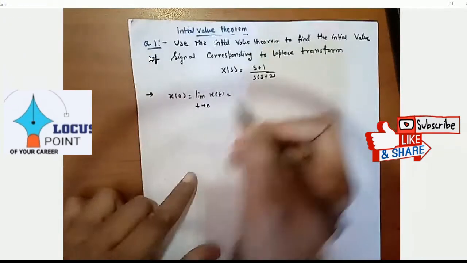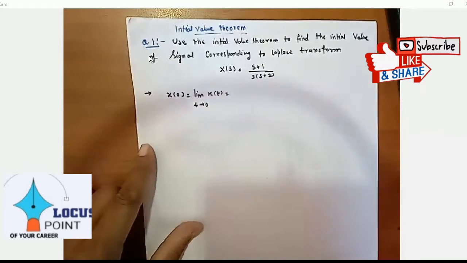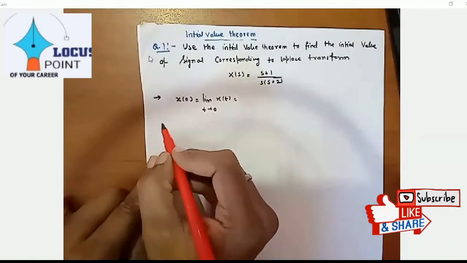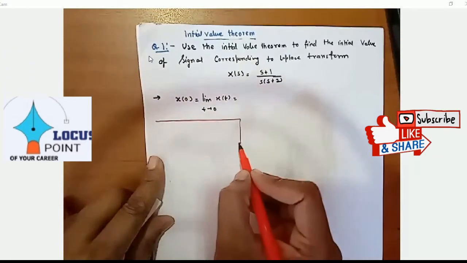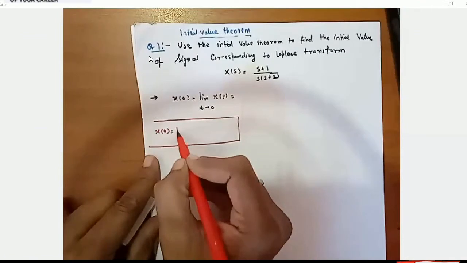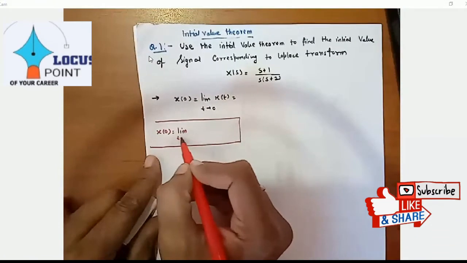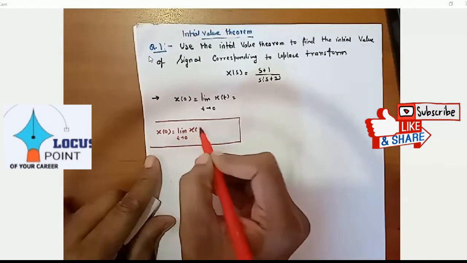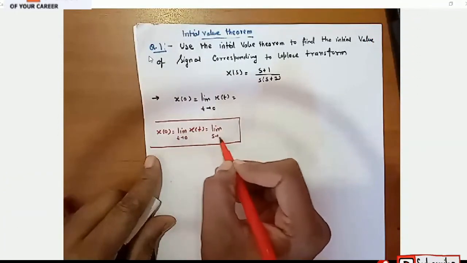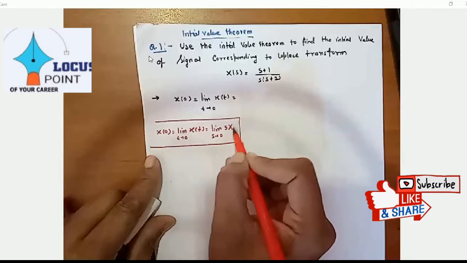So I am writing the initial value theorem. Initial value theorem means the initial value, that is limit t tends to 0 of x of t, can be written as limit s tends to